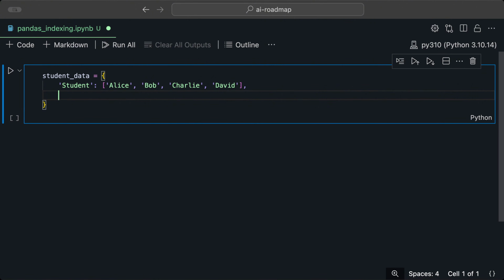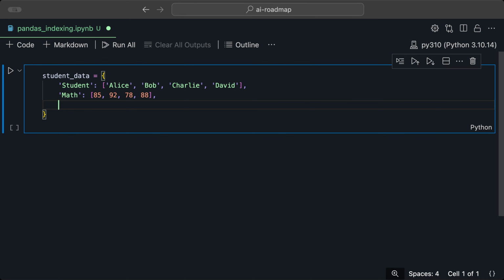Great. Now we're going to have three specific subjects, which are going to be math, science, and English. So we're going to have math. And for math, we're going to have a list of grades here for each student, which is going to be 85, 92, 78, and 88. Then we're going to have